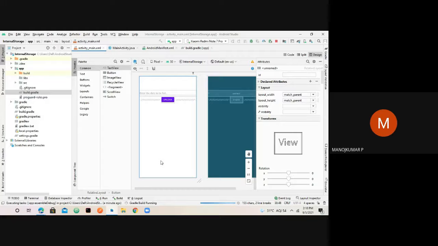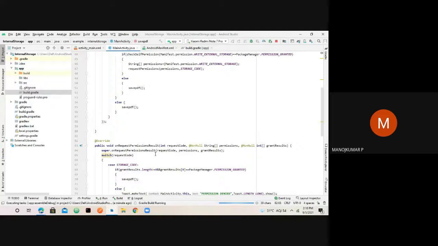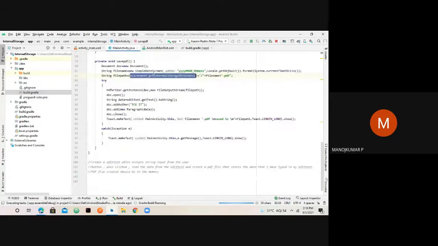Once it is opened up, it will ask me for these values, and once you feed them in, it will automatically create a file in my internal storage, because the path I have specified here, which we have written here, is the external storage directory. If you want to be more specific, there are other methods in this Environment class, which I would like to show in the upcoming sessions. But this session entirely covers the concept relevant to internal storage, that is your memory.